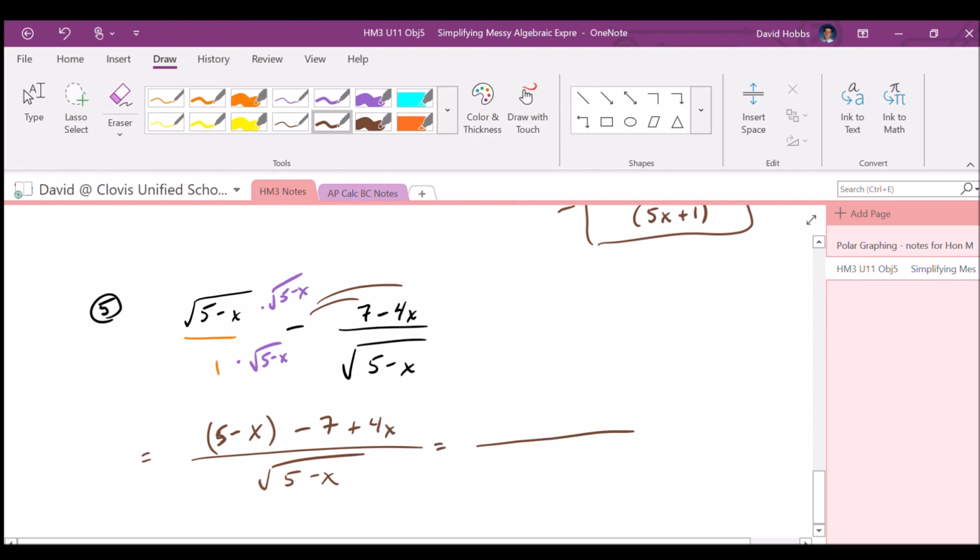Okay, so we've got root (5 minus x), and okay, so I've got 5 minus 7, so negative 2, and negative x plus 4x, so plus 3x, and it's nice to put the positive thing out in front there in the numerator. So (3x minus 2) over root (5 minus